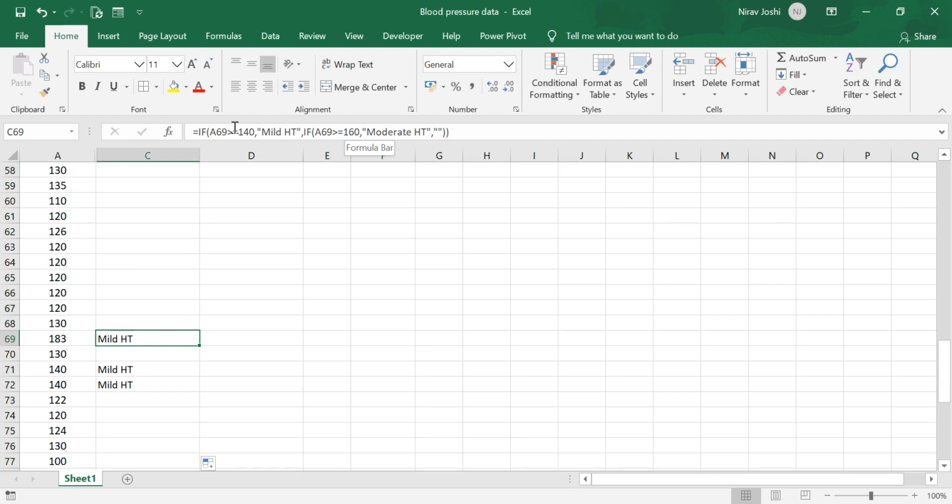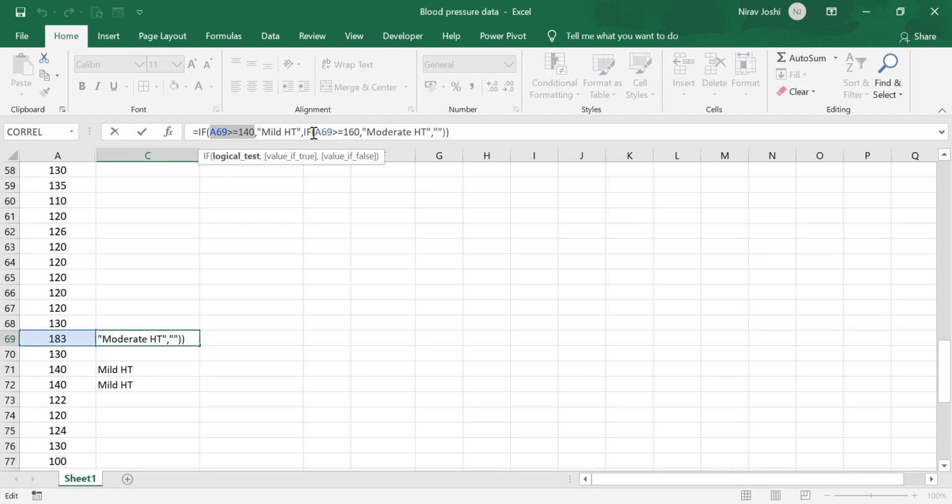So the issue here is that two conditions are being applied to this one. The number is more than or equal to 140, as well as it is more than or equal to 160. What the formula mentions is that this is the first condition, that if it is more than 140, it should be marked as mild hypertension.